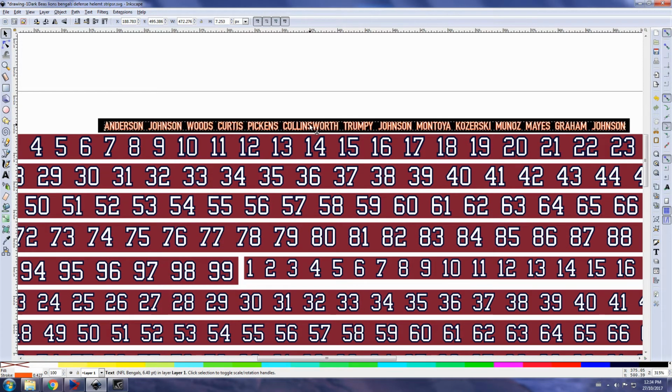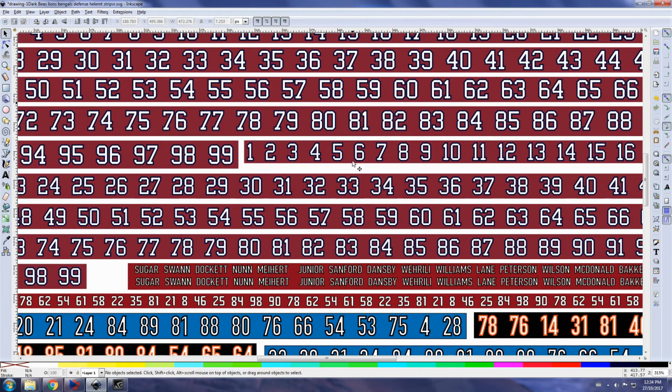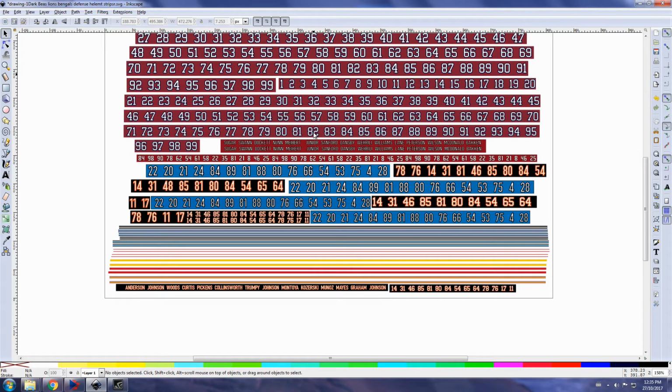Here's a sample sheet of some white decal paper. These are color matched to the home jerseys of a few teams here. I think there's some Cincinnati Bengals, Arizona Cardinals, Detroit Lions name plates and numbers, and some helmet striping for a few other teams. You may have noticed there's no helmet logos or decals on this sheet. That'll actually be the first subject we're going to cover when we get into the actual designing of our decals